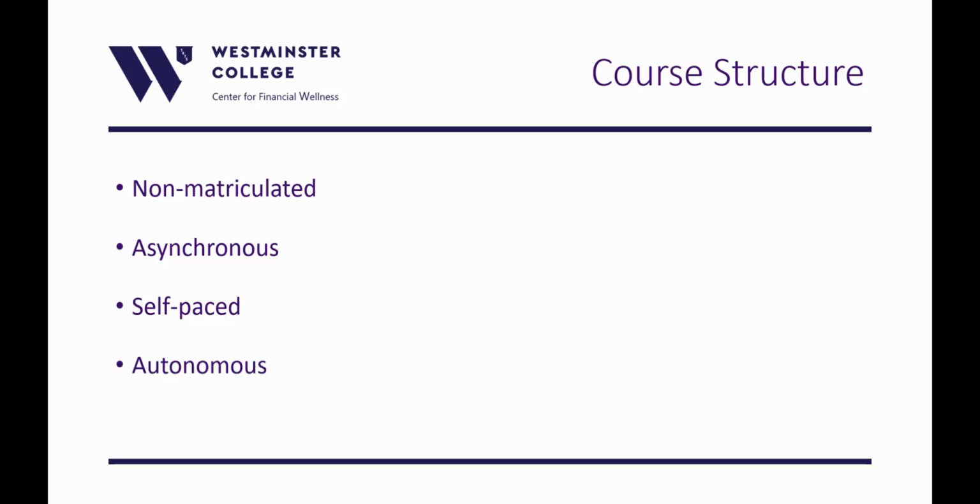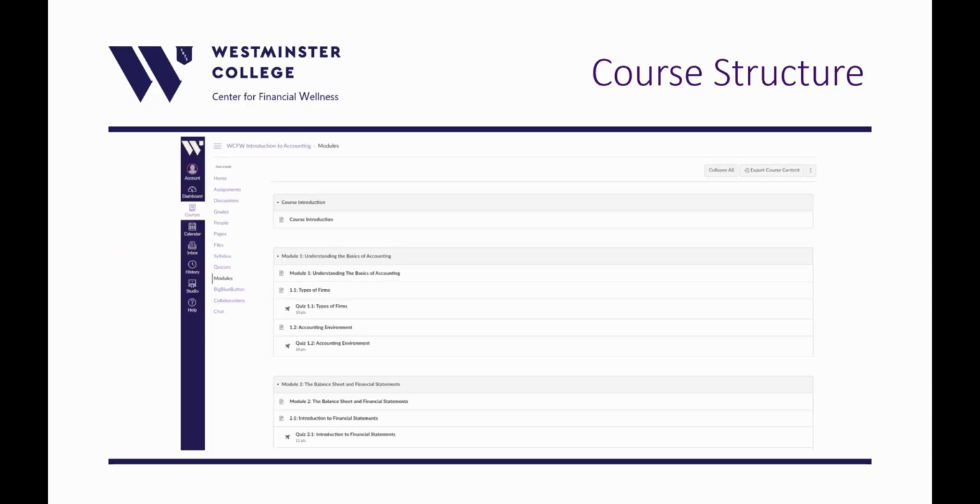And then the course is largely autonomous. What we mean by that is that you will be viewing material, you'll be asked some questions and some quizzes, you'll be given periodically some small review problems and then an overarching or encompassing review problem at the end of the course. But the quizzes are self-scored, and the review problem will be reviewed by one of the instructors when you've completed and submitted it. Here is an example of the Canvas page that you may have already seen, and Canvas is just one of the content management systems that we use for this course.